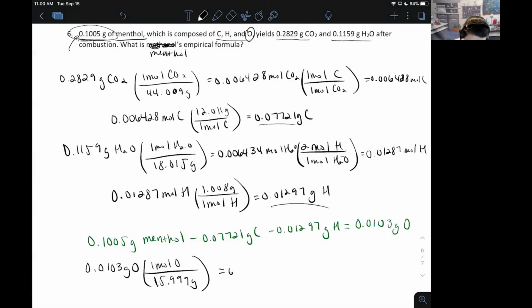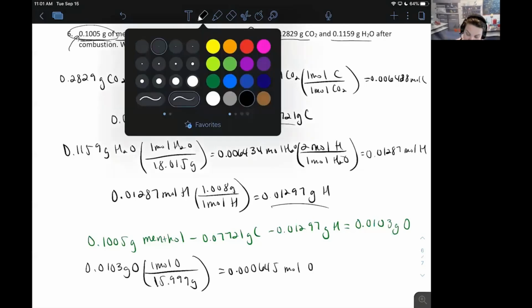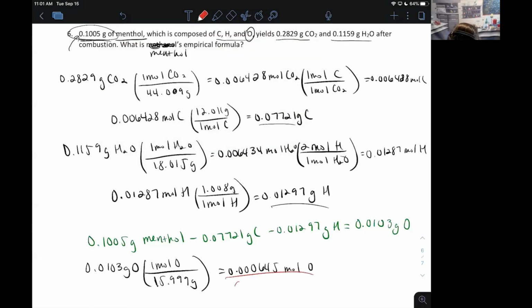giving us 0.000645 moles of oxygen, which is our smallest number by a lot. So we're going to take that and divide everything out by